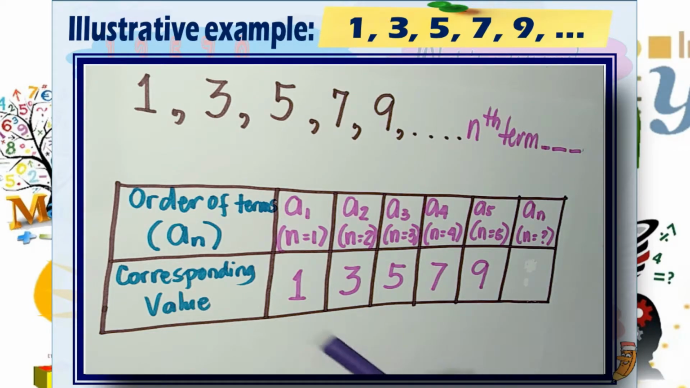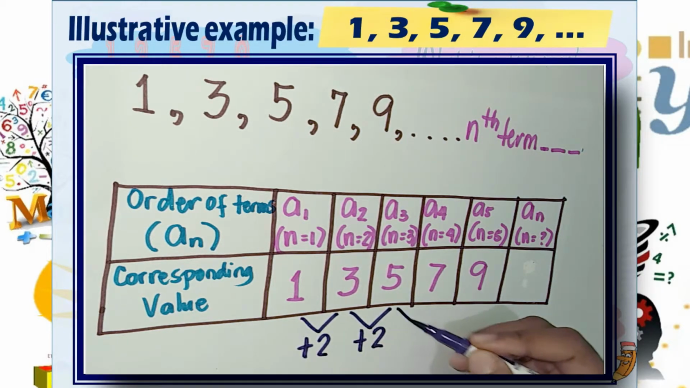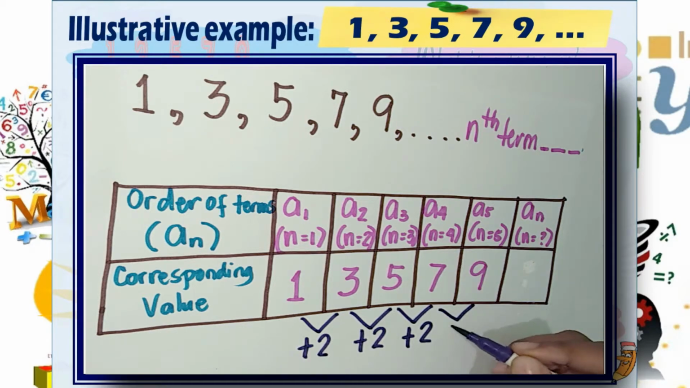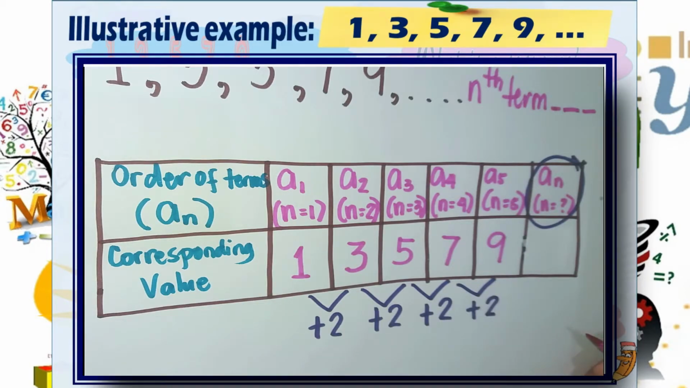Notice that each number is obtained by adding 2. Adding 2, adding 2, adding 2, adding 2 each time. And if you think about it, what is the faster way of adding 2 repeatedly? If you want to come up to the nth term, you have to add 2 repeatedly. So what is the faster way of adding a bunch of 2's? Multiply by 2. So the formula begins with n times 2,